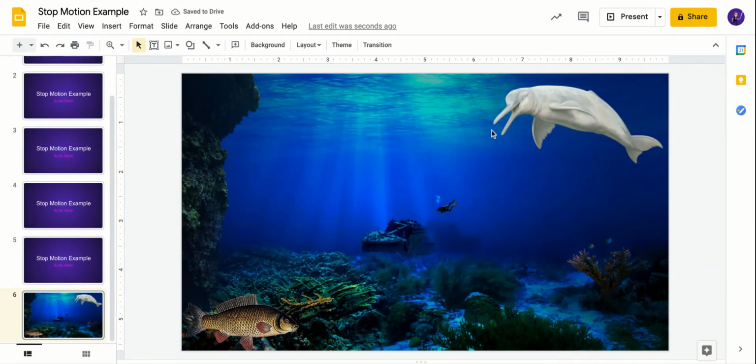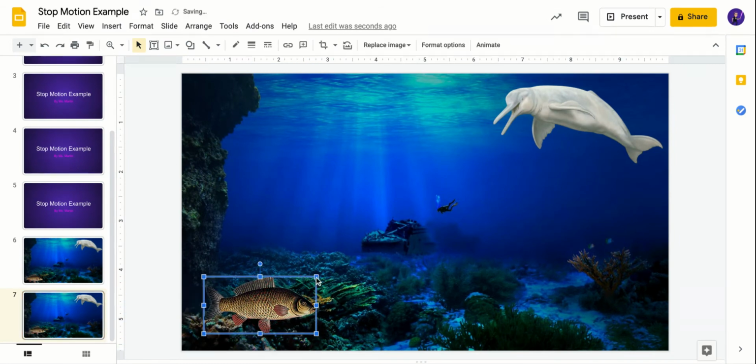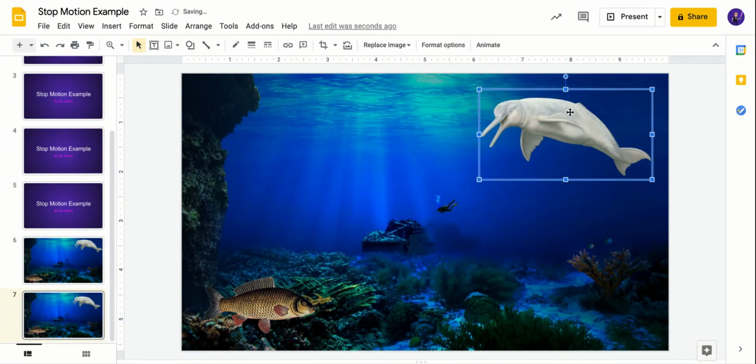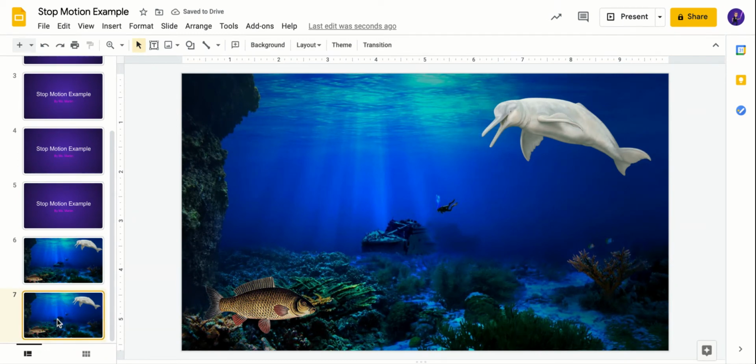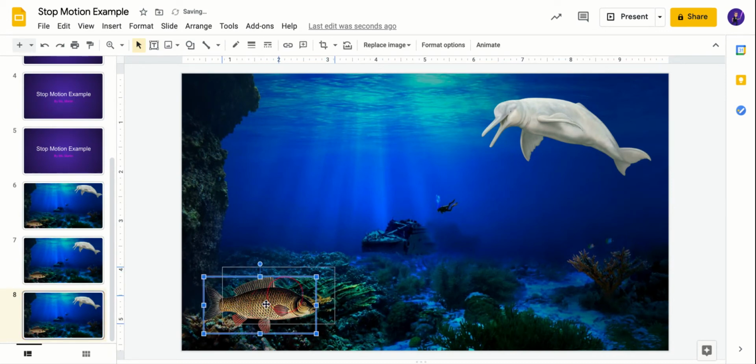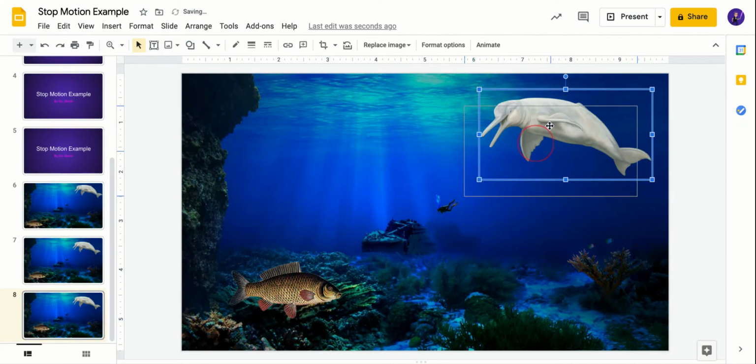And for my movie, I want the two of them to come closer to each other and talk to each other. So in order to make them move, I'm going to put them in their start positions. I'm going to click on this slide, and I'm going to Control D to duplicate it one time. Now I'm going to move this fish just a little bit, and my dolphin a little bit. Click on the new slide and duplicate it. Move a little bit, move a little bit,